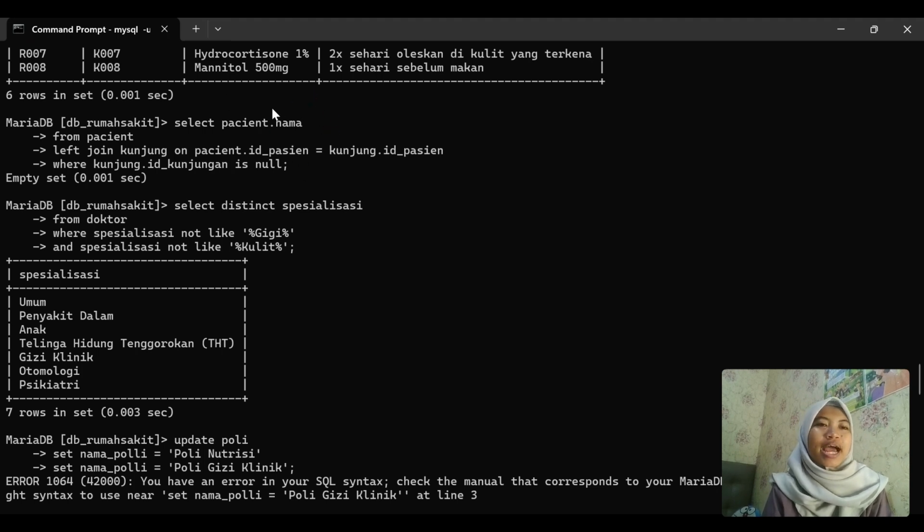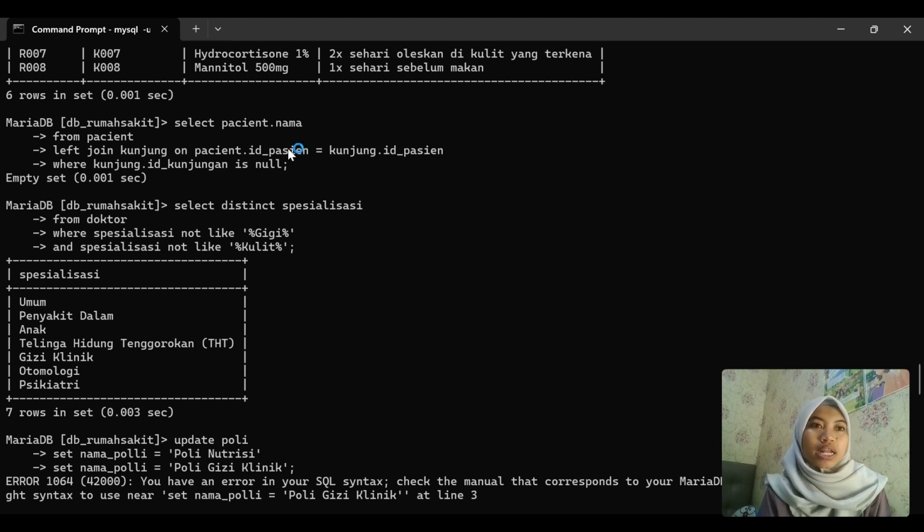For number 10, I use this query. This query displays the names of patients who have never had any visit. This query joins the patient table with the kunjung table using a left join and filters for patients who do not have any matching record in the kunjung table, meaning they have never visited.